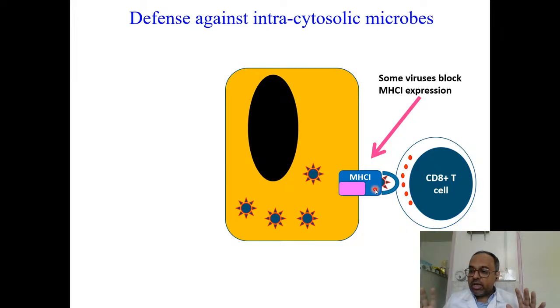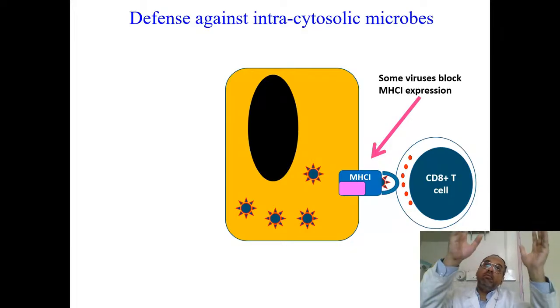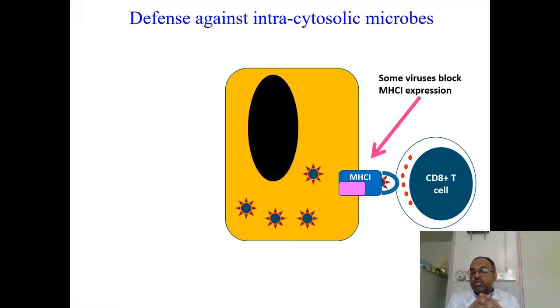But viruses have also been active in the process. So some viruses have learned that if they block the expression of MHC molecule, if they decrease the expression of the MHC molecule, it will be good for them because this MHC molecule is always trouble. Whenever they infect a cell, the MHC molecule will start showing their antigens to CD8 T cells. CD8 T cells would come and kill the cell which is hosting the virus, and it will decrease the chance of the virus to produce its progeny. So they decrease MHC class 1.